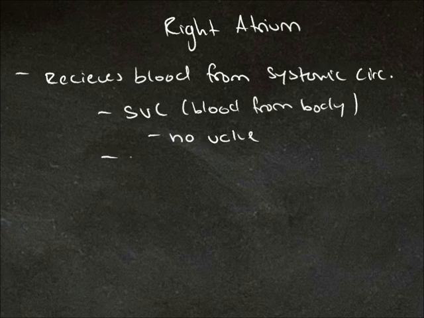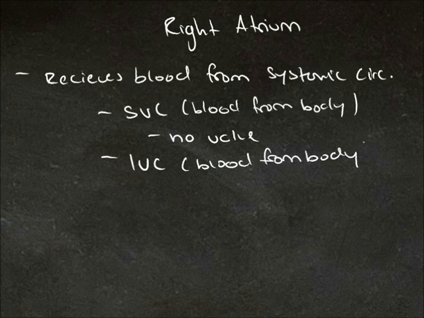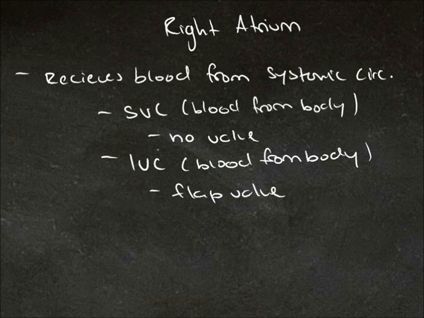Then we have the inferior vena cava, again blood from the body because it's systemic circulation, and this has a flap valve. And the reason why this one doesn't have a valve and this one does is because the superior vena cava is coming downwards, so it's using gravity for the blood to flow back in, whereas the inferior vena cava is going against gravity, so it needs a valve to stop that blood from going in the opposite direction. It also receives blood via the coronary sinuses,